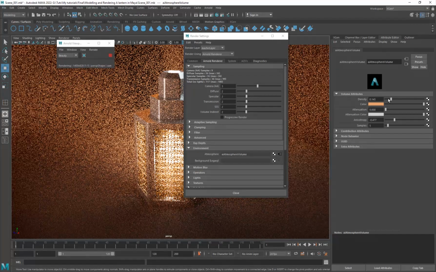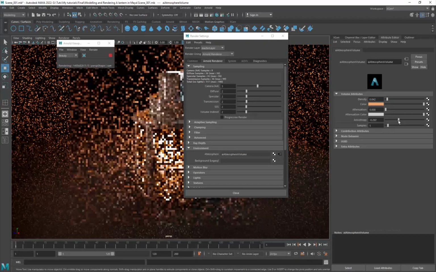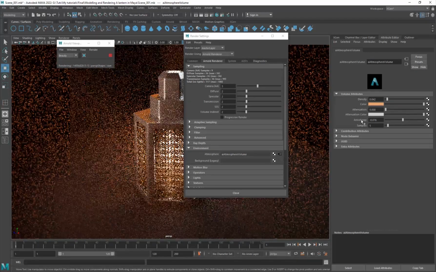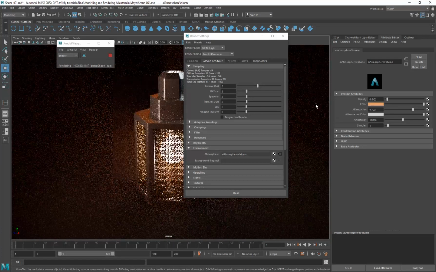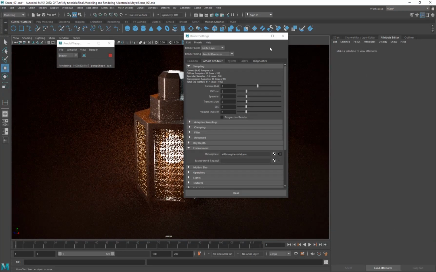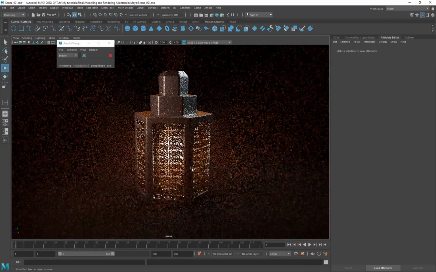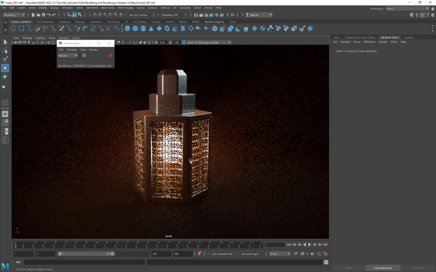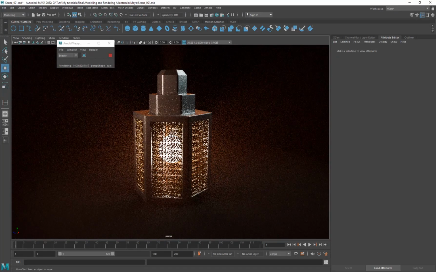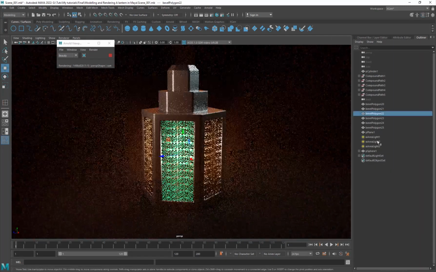But this is sort of an extra effect. We can do this in After Effects as well, so I'm just going to show you guys how to do that. But this one will also make it look a lot cooler. You can go and increase the attenuation, basically like that. So now I'm just going to go ahead and take a frame out of this and bring it into After Effects. And if you don't want this sphere to be visible, you can just go into your outliner, mesh